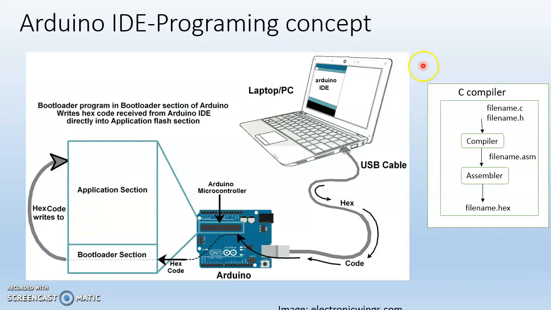So we can see the diagram here. The C compiler, Arduino IDE, is basically compiling software. Whatever program we write here, which is readable, will be saved with a .c or .h extension. Then the compiler software in the first step converts it into assembly code with a .asm file, and then the assembler converts this ASM file to hex, which is machine code in binary. That code will be uploaded to this Arduino.